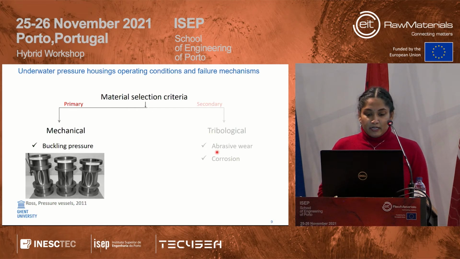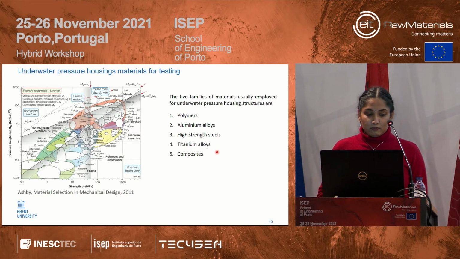So to give you a very basic thing that we materials scientists look at is the diagrams, where we look at the properties that are of interest to us. For example, in this case, it's fracture toughness and strength. And then we see the family of materials that are actually usable, and depending upon our thresholds, we select the group of alloys or group of composites or polymers or materials in general that could be potential candidate materials.